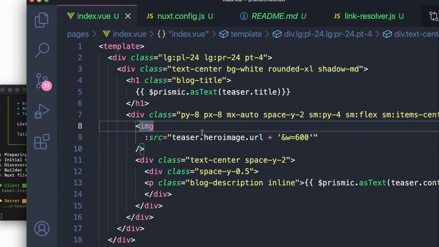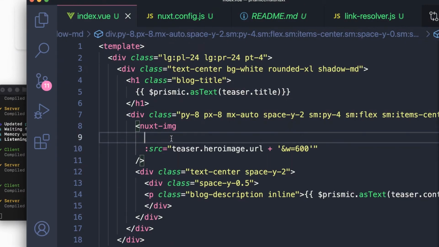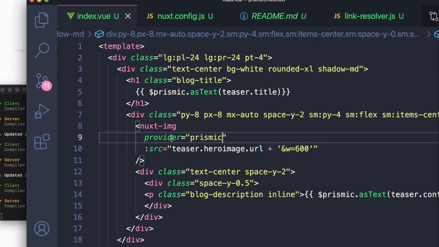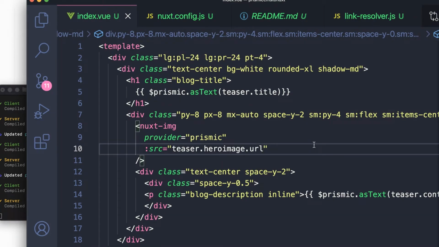So now I can go to my image tag and switch it out for something Nuxt image. Just put the word Nuxt and a dash right in front of it, right? Now it's going to be creating these source sets I want. One thing I do need to say is provider equals Prismic, right? Okay. All right, so now we have the provider Prismic. We have this here. I'm going to get rid of this because, again, it's going to do some smarter optimizing,